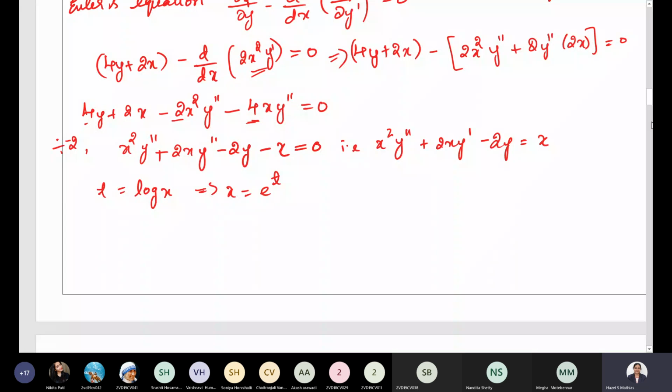Now from this equation, remember this is a second order differential equation, and it is not a homogeneous differential equation. This is a non-homogeneous differential equation. If it was a homogeneous differential equation, we would have equal to 0 over here. But we do not have it. So that's why